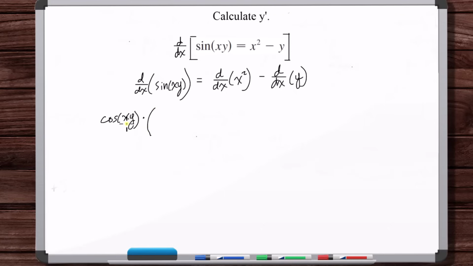What is the derivative of xy? Product rule. Derivative of the first, just 1, times the second, plus derivative of the second times the first. So that's x y prime. Okay, d dx x squared is just 2x, and then d dx of y is just y prime. Okay, so now solve for y prime. We've got y cosine of xy plus